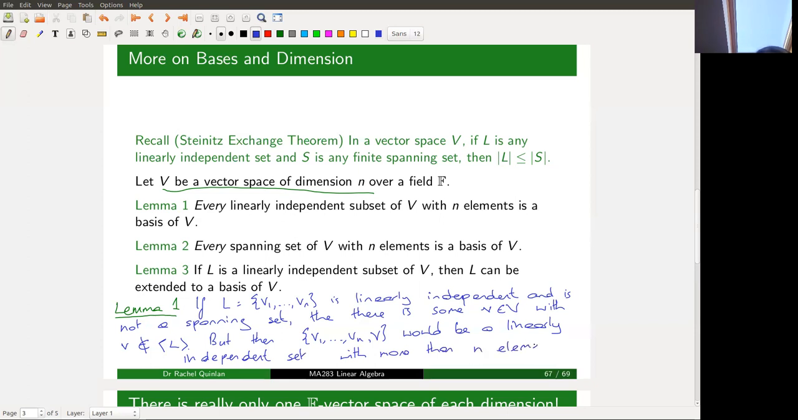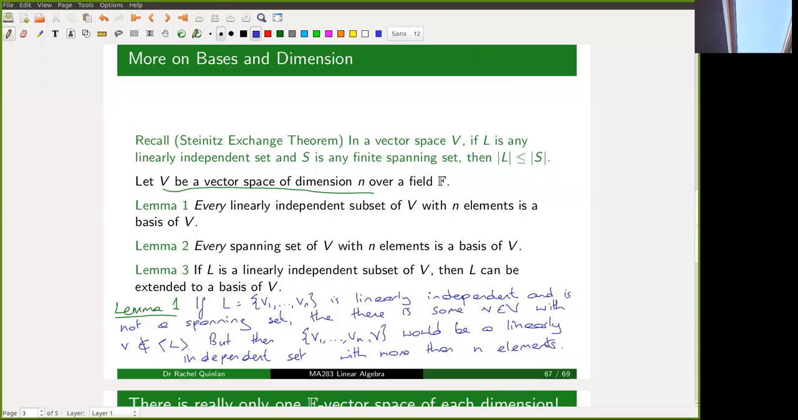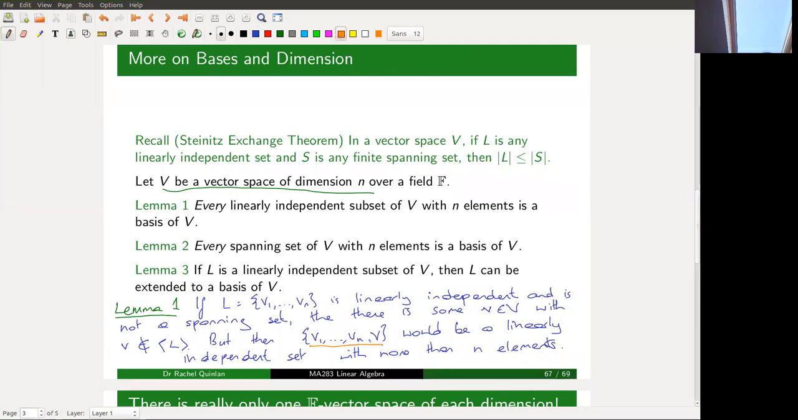So to see why this extended set would have to be linearly independent, just think about why that would be. Well, we know that V is not a linear combination of V1 through Vn. Okay, so if we had some expression of the zero vector as a linear combination of the n plus 1 elements of this set, then that linear combination